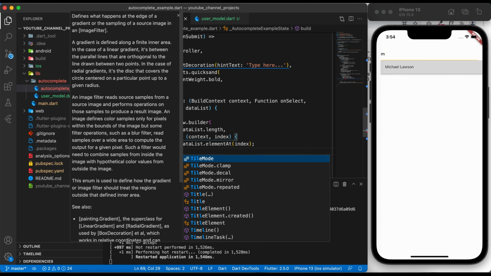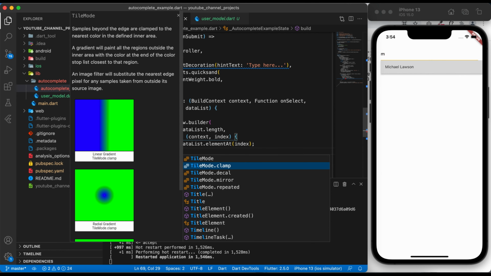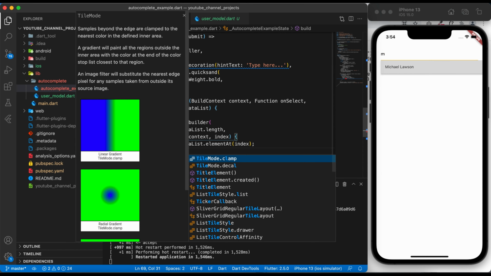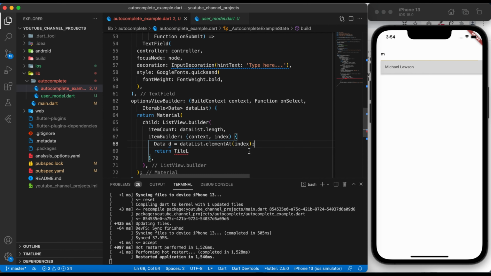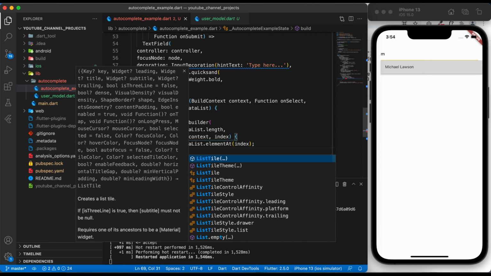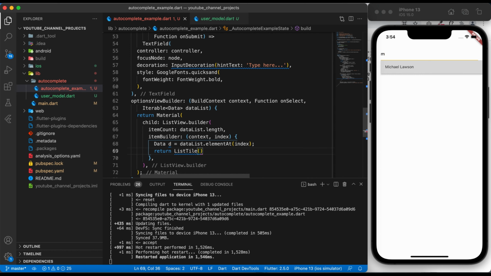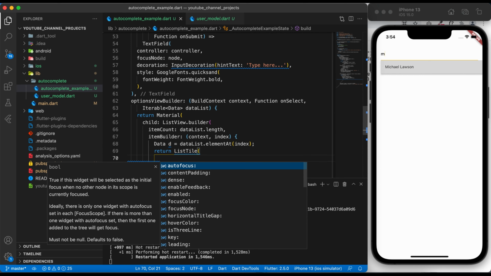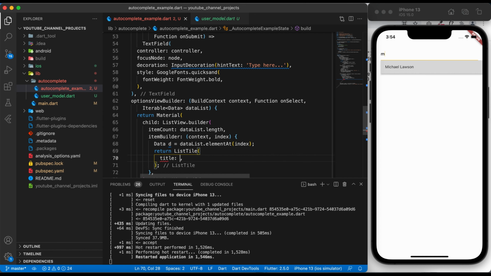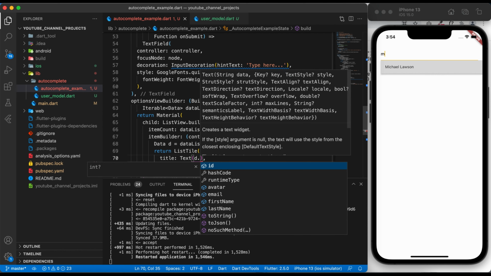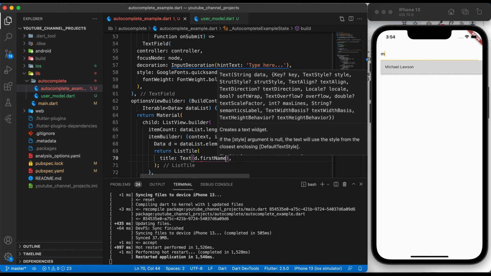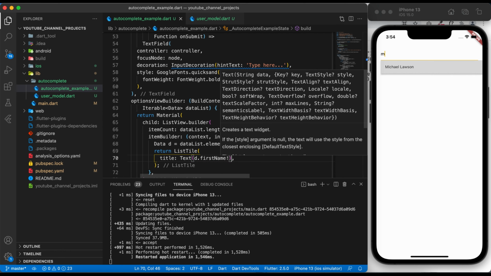We will take a list tile. We will pass our title. For the title we can pass data dot first name.